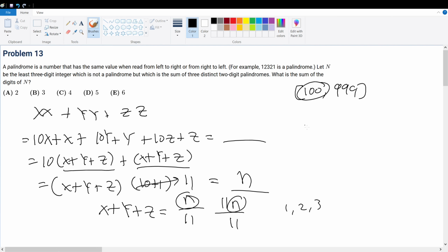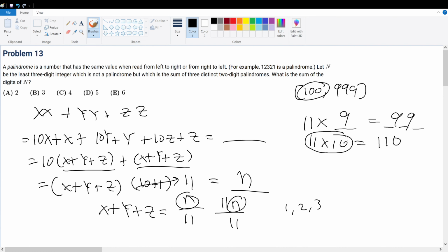So first of all, 11 times what number would give me a three-digit number? Well, if I multiply by 9, I get 99. So it must be 1 greater, so 11 times 10, which is equal to 110. We are trying to minimize this multiplication product, so we want to minimize the number that we multiply 11 with. Since 10 is the smallest number that when multiplied with 11 gives me a non-palindrome number,